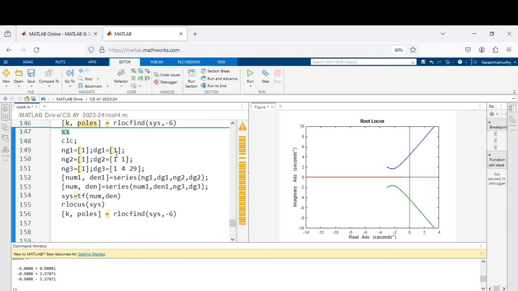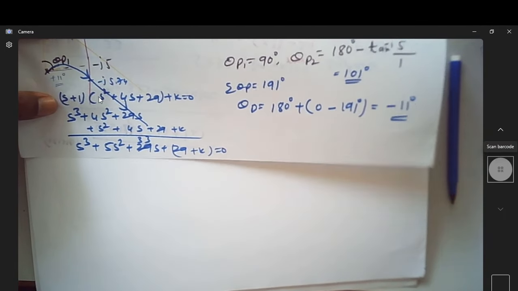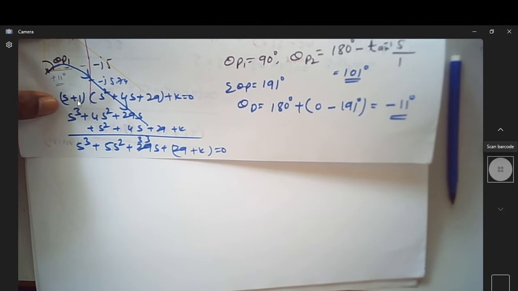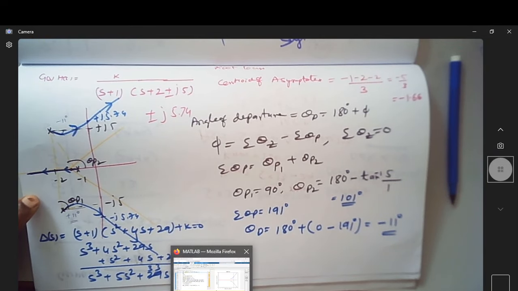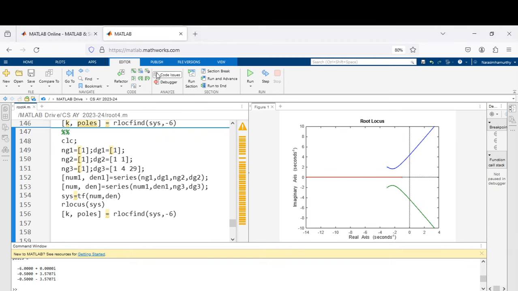So I have s plus 1 over s plus 1, then it is 1 over s square plus 4s plus 29. That's what is s square plus 4s plus 29. So this is the one. So if I go back here and then run,